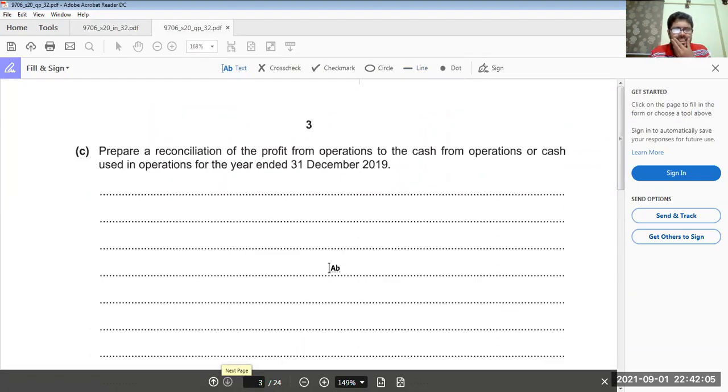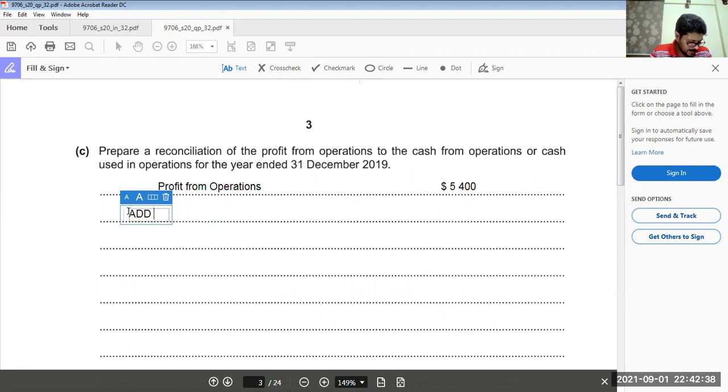Now, prepare a reconciliation of the profit from operations to cash from operations or cash used in operations for the year ended 31st December 2019. Here we have to start with profit from operations. Profit from operations we have calculated in our previous section. That was 5,400. Now, what we have to add over here,